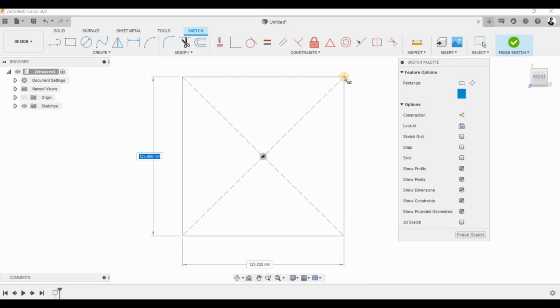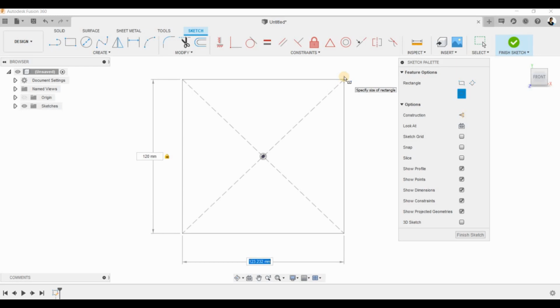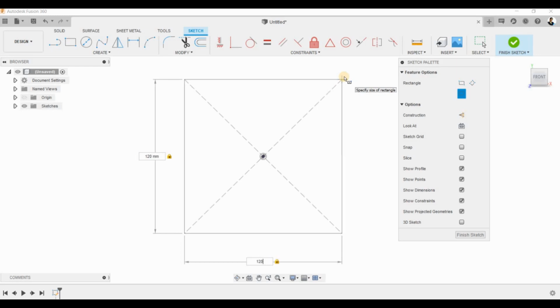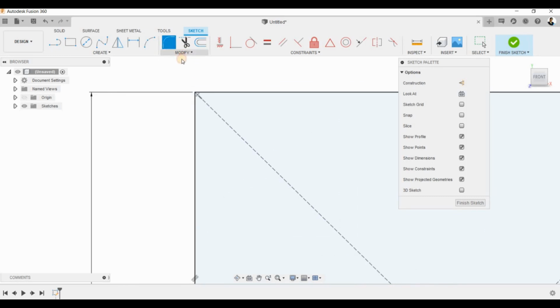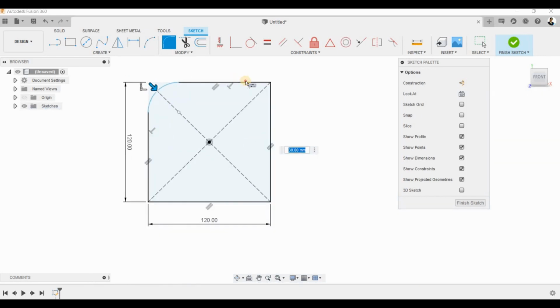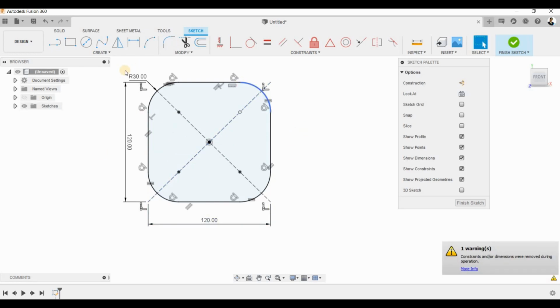If we consider the previous dimensions, let me give the same one over here. I'm giving 120, tab 120, then clicking enter. So now you see how much time has been saved by selecting this tool instead of the line tool. Now I'll just go and give this fillets. Now you can dimension this fillet